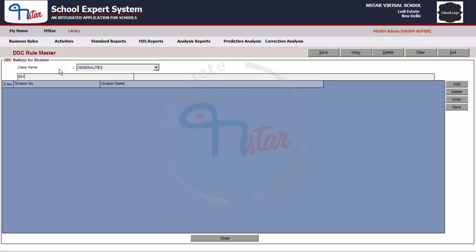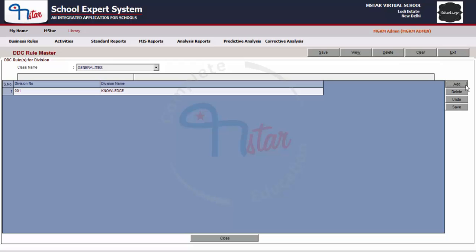In this field also, you can enter maximum 50 characters and both text and numbers can be entered with only limited special characters as mentioned earlier for other fields. After this, enter the name of the division above the column division name. In this field, you can enter maximum 250 characters and both text and numbers can be entered. Special characters only limited to dot, comma, dash and front slash can be entered. After entering these details of the division, click on button Add and the respective details get added in the grid.